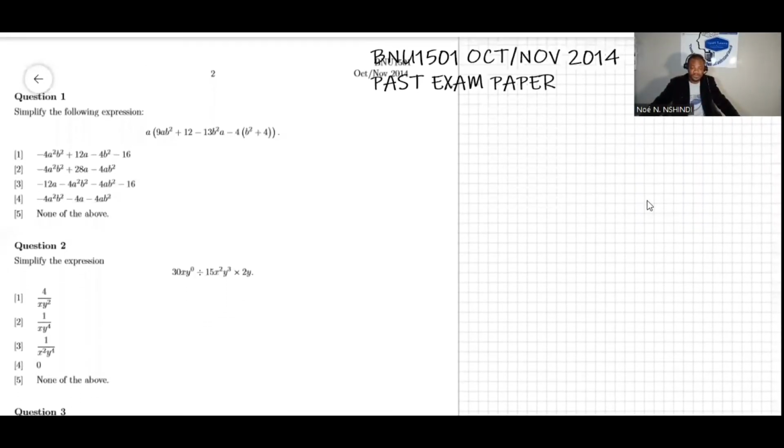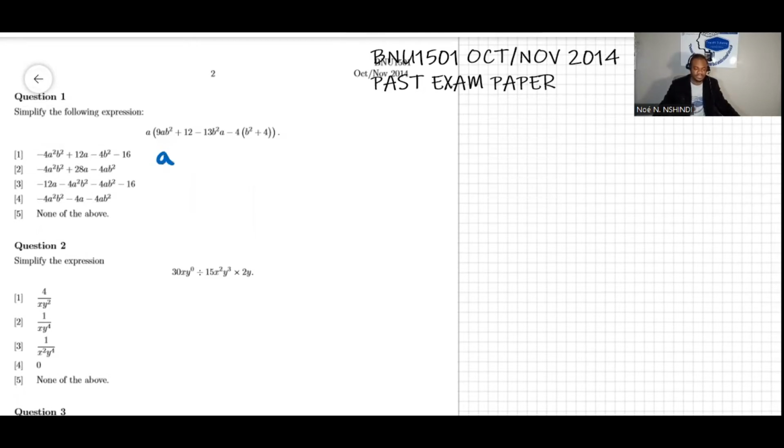Well, this is BNU 1501, October-November 2014 exam. Question one says simplify the following expression. The expression is given here. Those are the alternatives. I am going to do